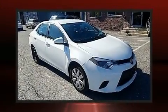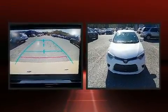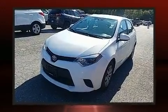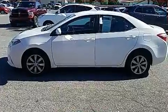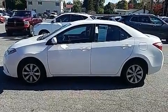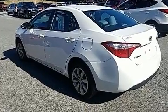The 2014 Toyota Corolla. This four-door, five-passenger sedan has just over 90,000 miles. It features an automatic transmission, front-wheel drive, and a 1.8-liter four-cylinder engine. Top features include a split folding rear seat, delay-off headlights, a tachometer, a trip computer, an outside temperature display, and